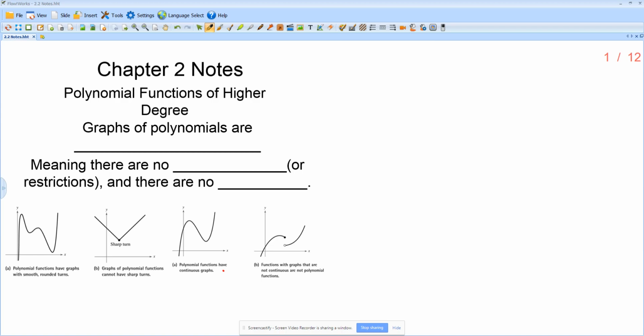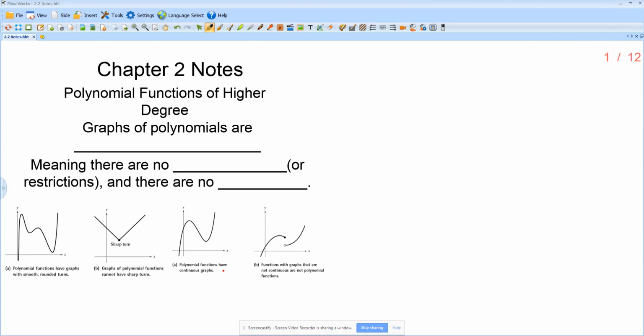All right, welcome and thanks for joining for section 2.2. As you can see, what we're talking about here is polynomial functions of higher degrees. So in 2.1, we sort of zeroed in on quadratic functions. Now we're going to talk a little bit about what can we say about functions that aren't to the second